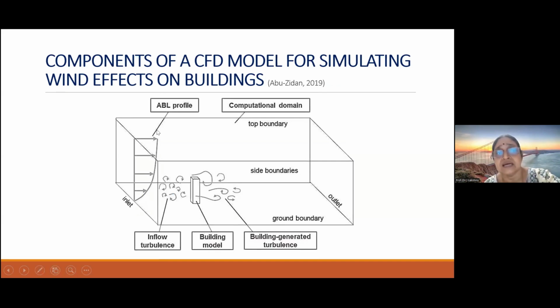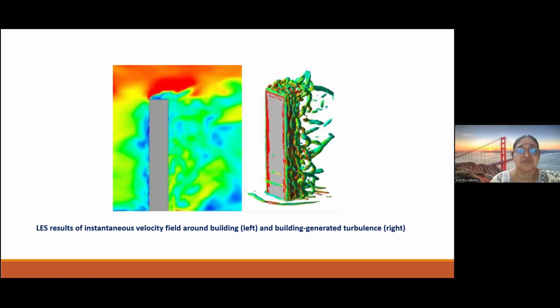And again, the ABL profile, the domain boundary has to be modeled, the structure has to be modeled, whatever inflow turbulence, and then the building generated turbulence, etc. And this is the most suitable one. You can see that this shows the eddies around the building, and here you can see the building generated turbulence, that is, the presence of the building in the wake, how the turbulence is there, or what type of vortices are generated in the wake of the building. Those things one can obtain with this